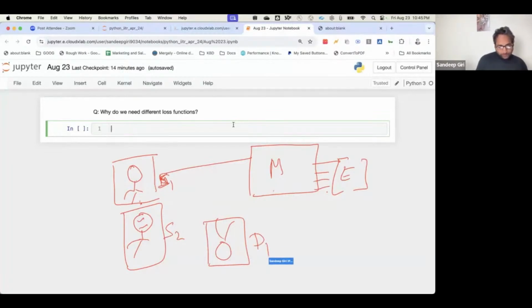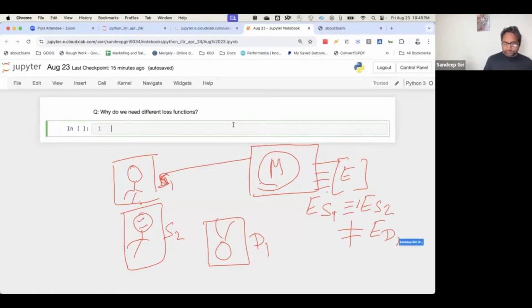Okay. Now come up with a model such that the embeddings of Sandeep's photo 1 should be very nearby embeddings of Sandeep's another photo, but should be very far away from embeddings of Deepak's